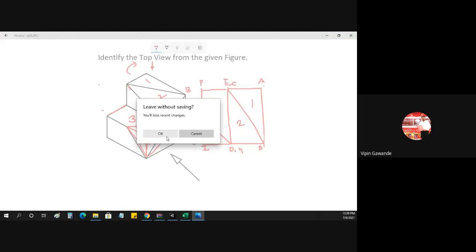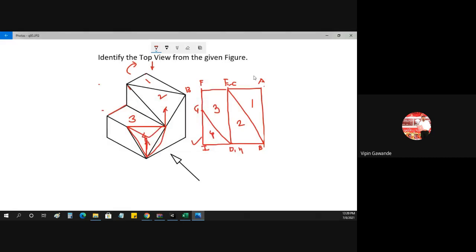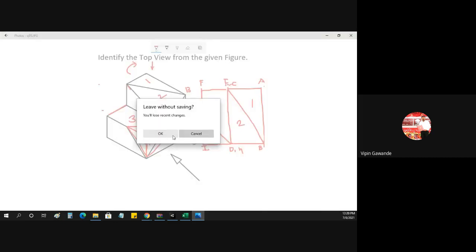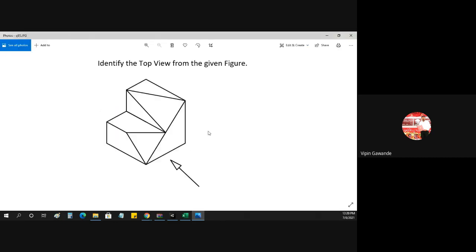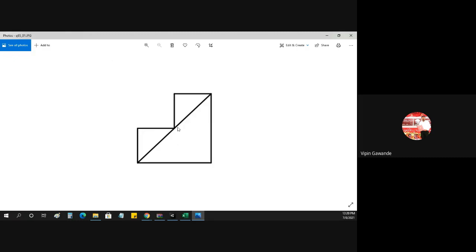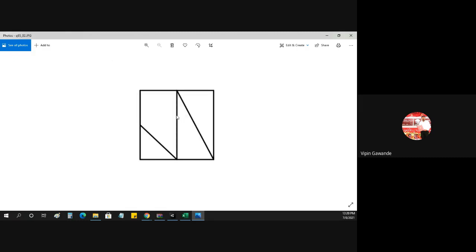So let us now see this solution and then check the options. We'll get 2 triangles here and 2 triangles here, something like this. So we'll check that one. Here, this is not the correct option. Yeah, I think this is the correct option. We drew this, so we got this type of answer. This is not the correct option. So I think this is the correct option.